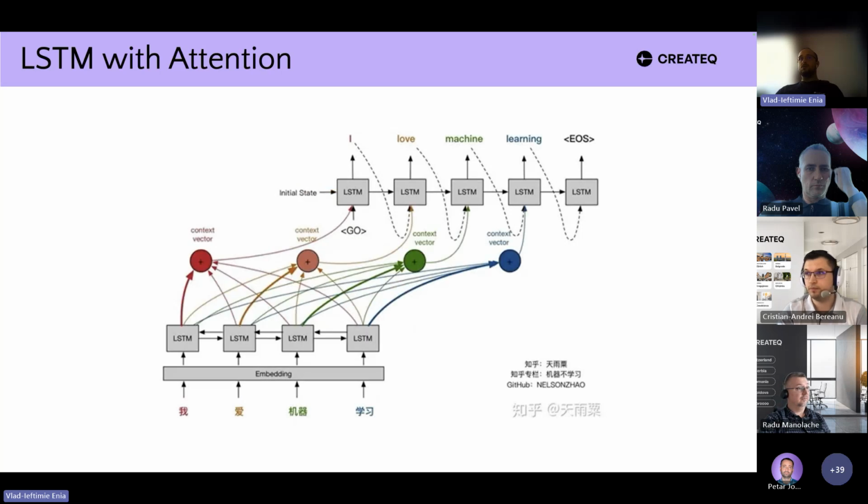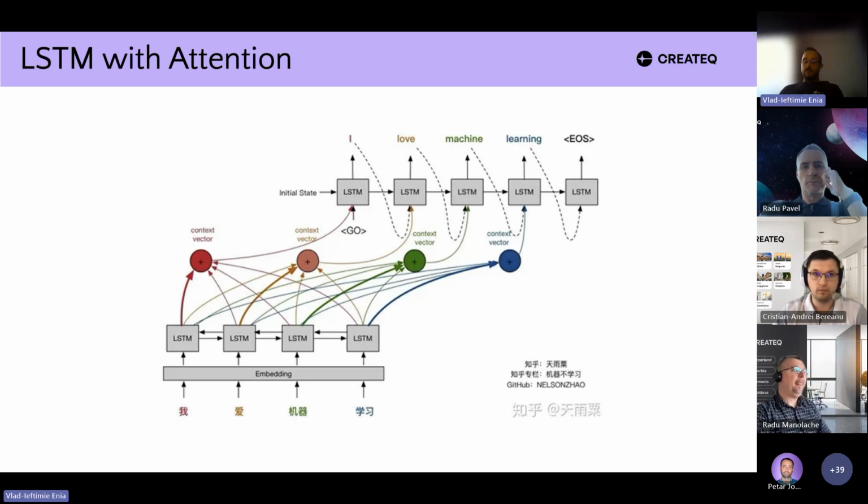The LSTM with attention at each time step will give the context vector, which is accompanied by a set of weights, in order to give for each part in the context vector which is the most important part on which the decoder should focus. So after each time step, the context vector is outputted, then it is fed directly to the decoder, and it gives the first word. Then we go to the next word, encoder, context vector, decoder. And just like that, we have this attention mechanism explained in simple terms.